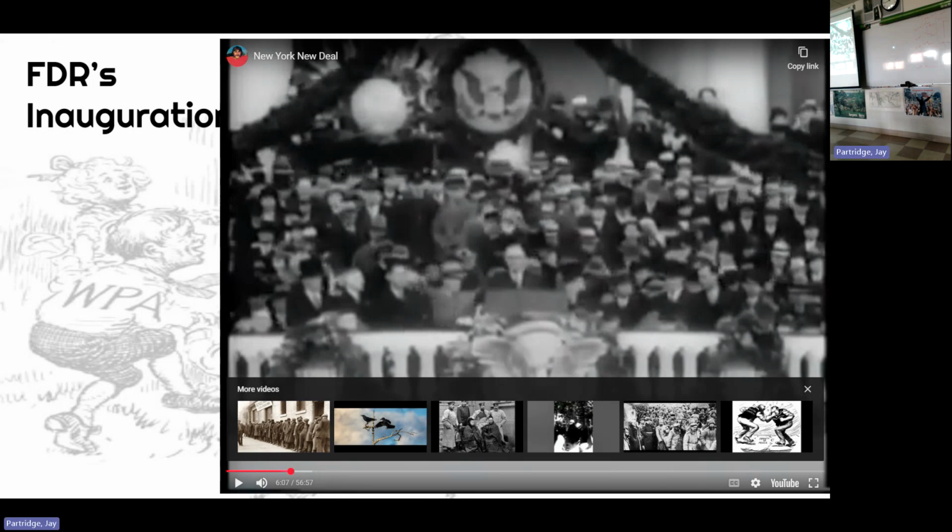The money changers have fled from their high seats in the temple of our civilization. We may restore the temple to its ancient truths. The measure of that restoration lies in the extent to which we apply social values more noble than mere monetary profit. Happiness lies not in the mere possession of money. It lies in the joy of achievement, in the thrill of creative effort. He laid out who the enemy was.